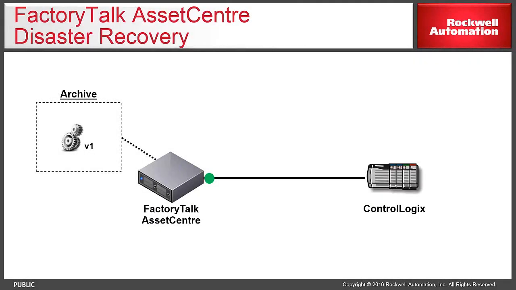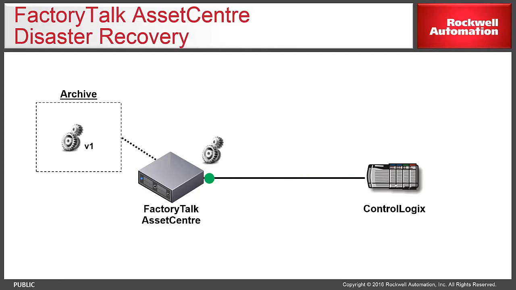This video will demonstrate the FactoryTalk AssetCentre disaster recovery feature. Disaster recovery allows a user to automatically detect changes in an automation system, report on them, and maintain current configuration settings. On a user-defined basis, FactoryTalk AssetCentre will automatically initiate an upload from an asset, compare the current configuration file